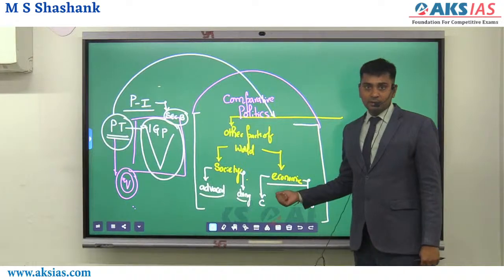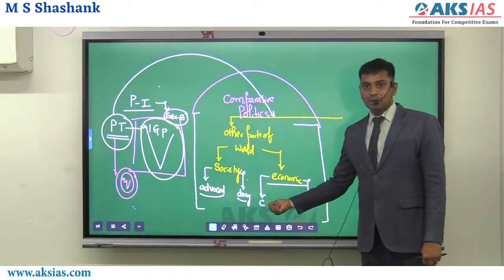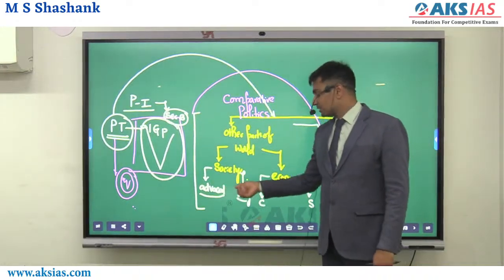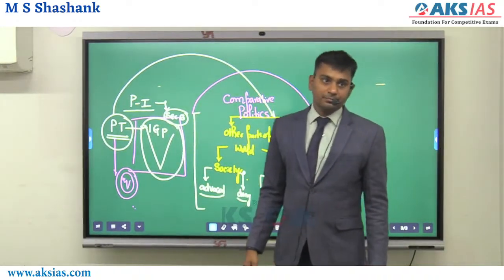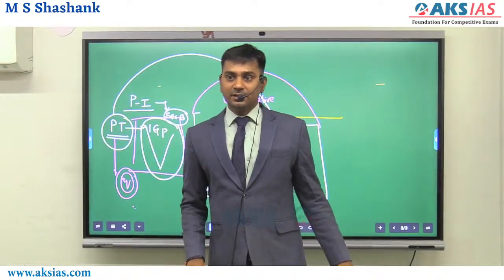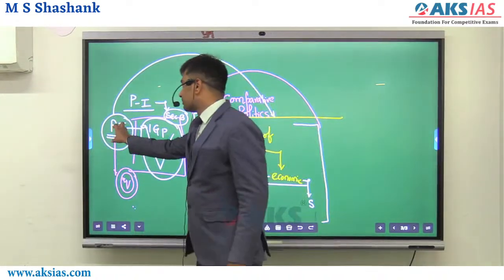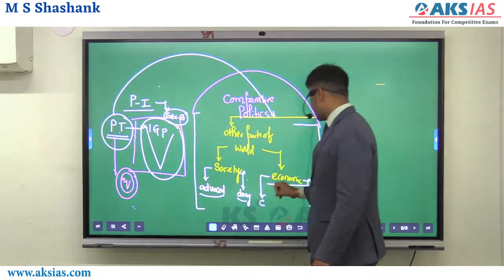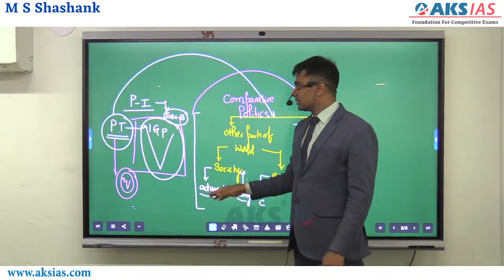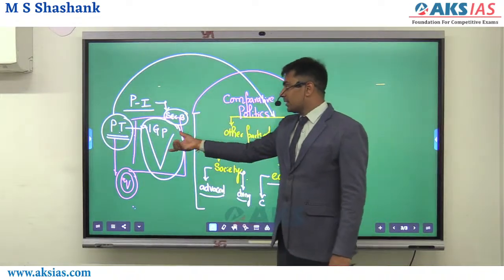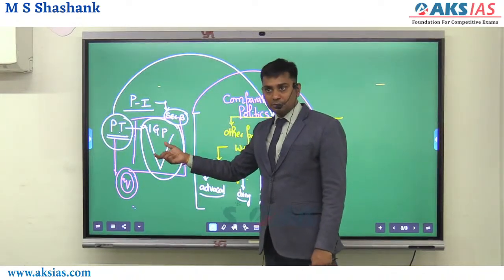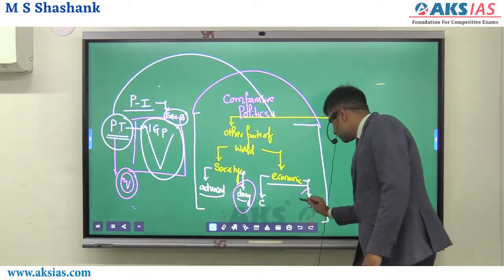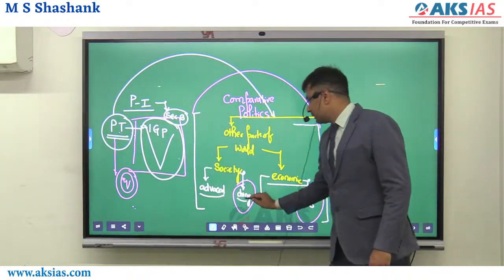In economy, there were 2 economies that they considered, communist economy, socialist economy. Societies, advanced societies, developing societies. These are the classifications that they did. Now they will apply these principles here. If you observe India's political context, it is present here and it is present more or less here. This will be applied here.